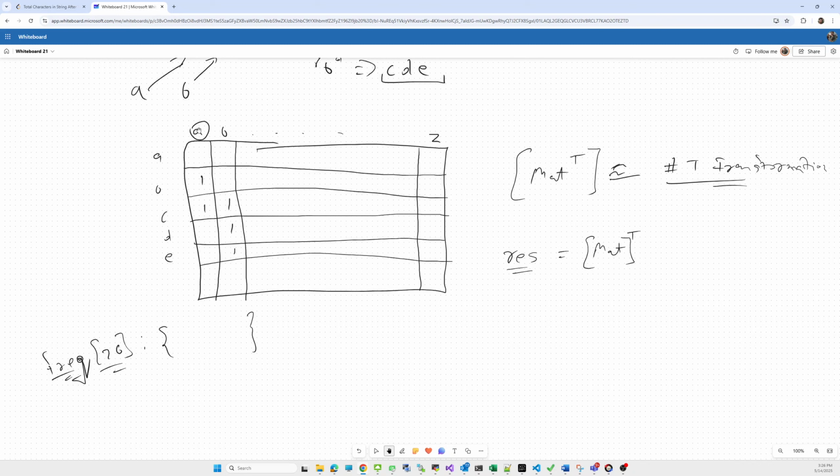Suppose A is coming only once, then whatever is newly impacted will impact only B and C. So we'll count the number of counts for B and C that are introduced. For B, the newly added characters will be C, D, E. So we'll count all of the counts for C, D, E for the B column.